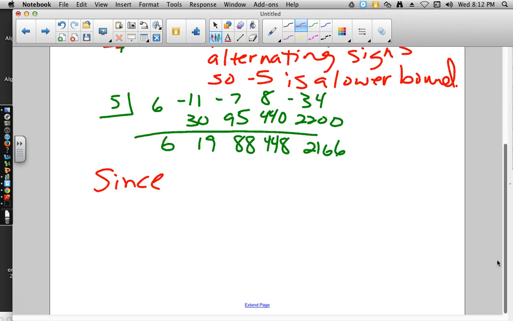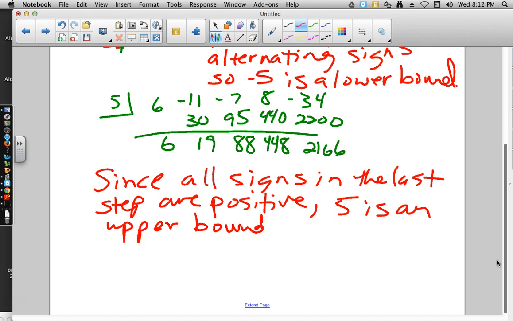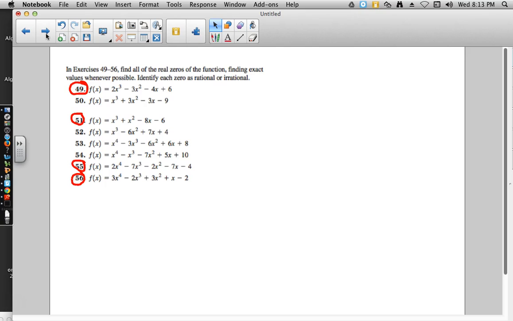So since all signs in the last step are positive, 5 is an upper bound. And I have a sneaking suspicion that perhaps you just didn't get this far in class yet on the notes to do that one. All right, next one up, 49, says we want to find all the real zeros of